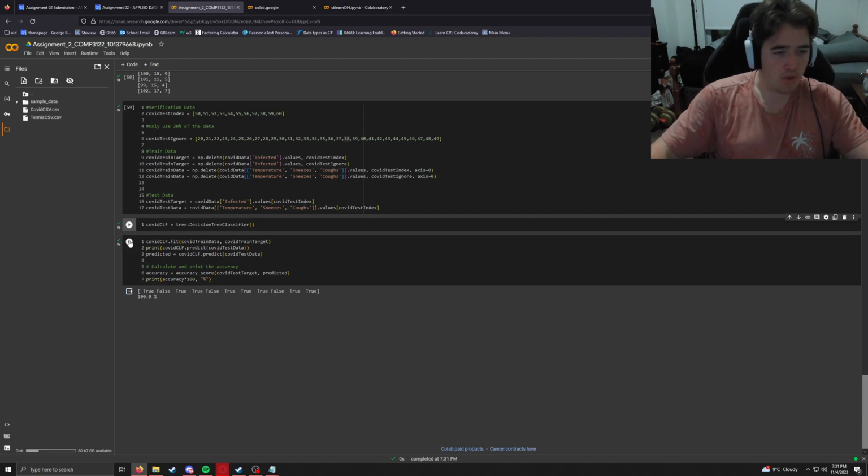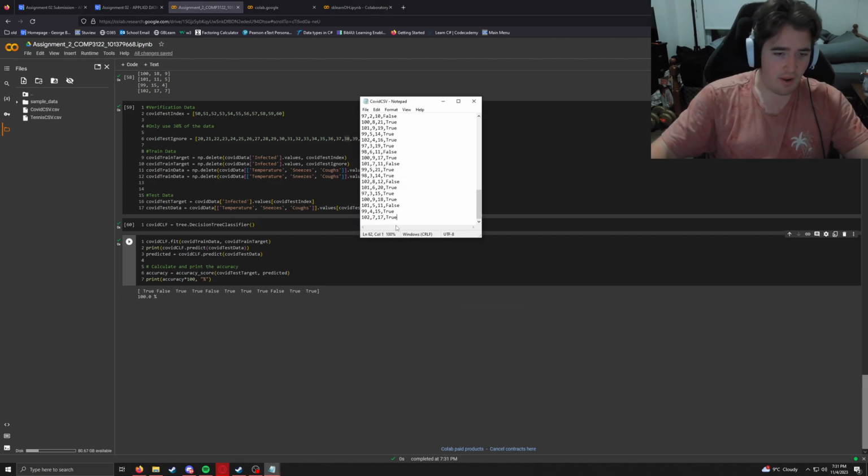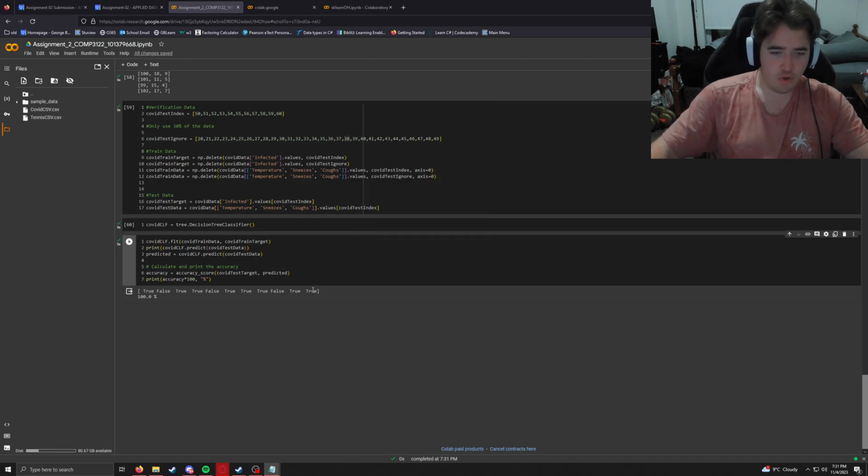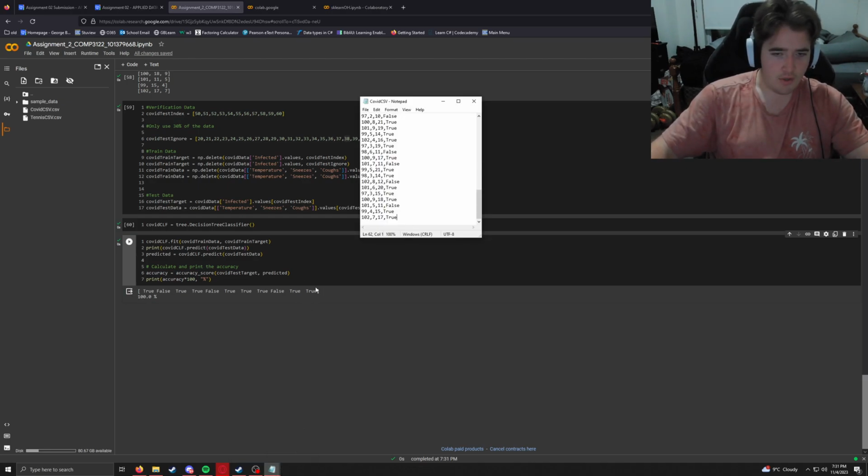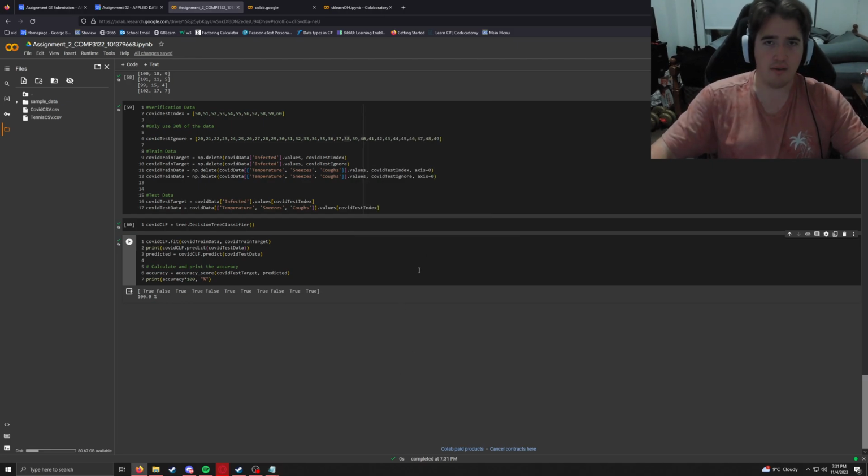So once we predict if someone has COVID, we see it's evaluating, going from the bottom up: true, true, true, true, false, true, true, true, false, true, true, true, true, false, true, false, true. So from the bottom up, we have the exact same values, because the decision tree properly predicted whether you had COVID or not based on the values I gave it, and the accuracy in this case is